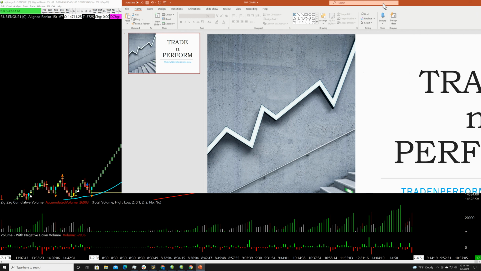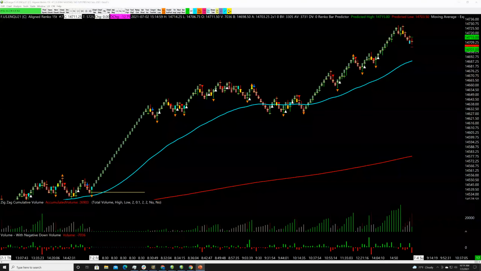So let's move along and jump in, right? Number one, the first setup that I'm going to go through, I'm going to do it both on ES and NQ, and we're going to keep count of the profits and losses. We're going to do this without bias at all and see how it's set up.